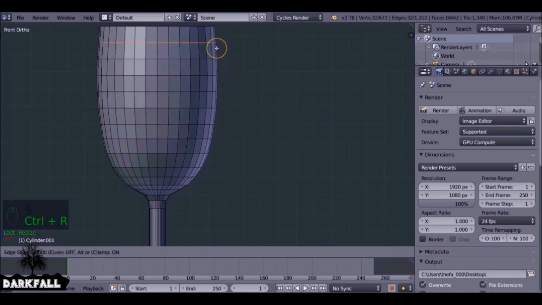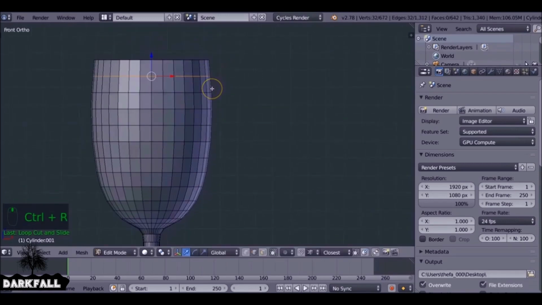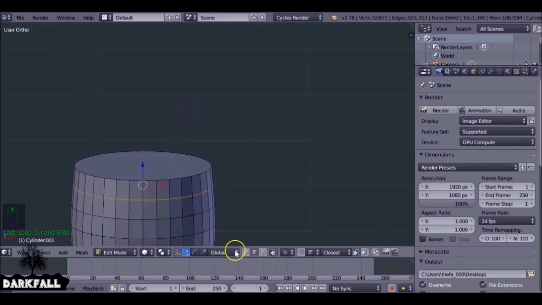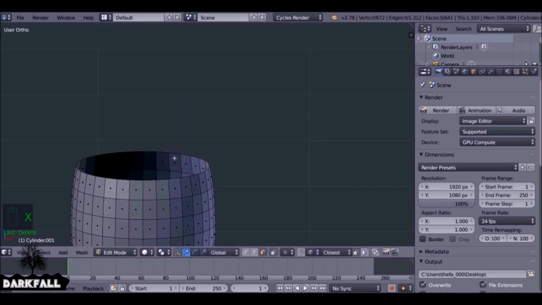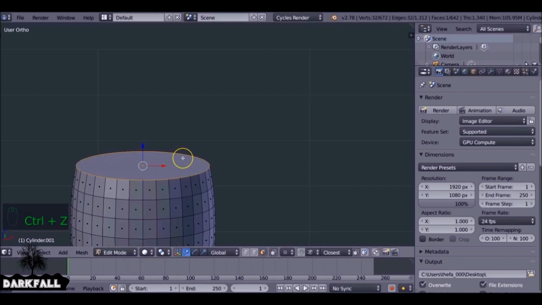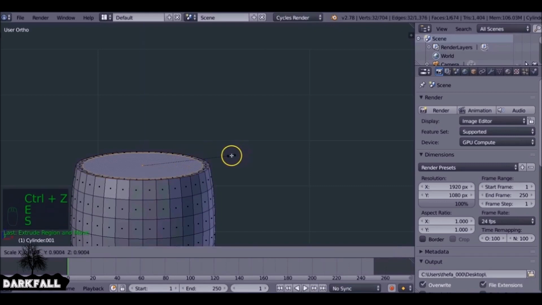Just add a few more here. And again, you can take as much time as you want. Select this face and scale it. And instead of deleting this face and adding a modifier, what we actually do is we need to model the